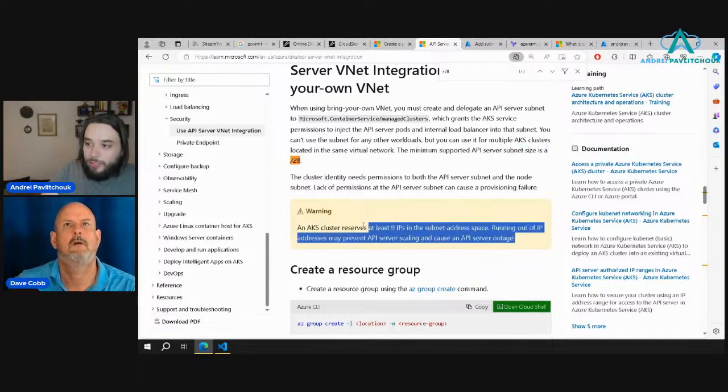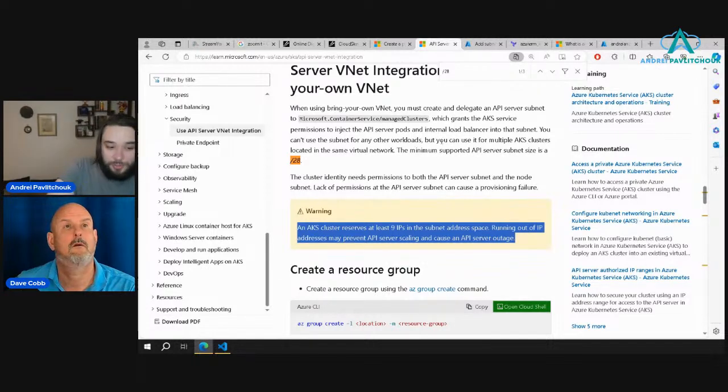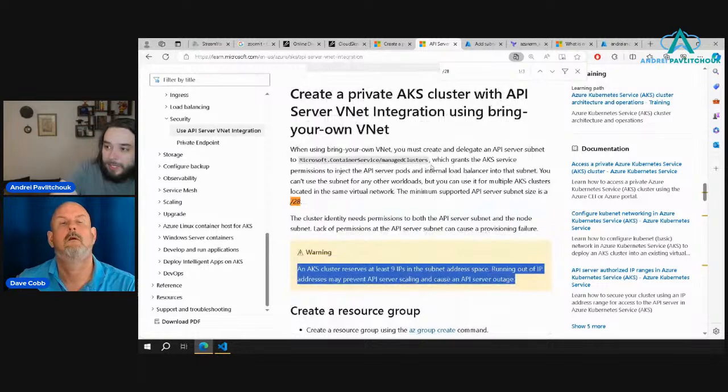And also, this is another point. An AKS cluster reserves at least 9 IPs in a subnet address space. Running out of IP addresses may prevent the API server scaling and cause an API server outage. So that's why it's generally recommended that if you have 2 or more, maybe /27, and if you have 4 or more, maybe /26, and up and up and up until you actually,